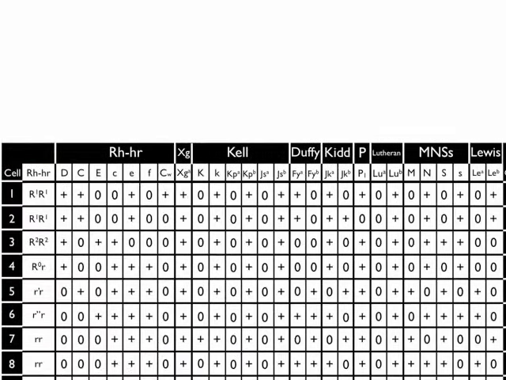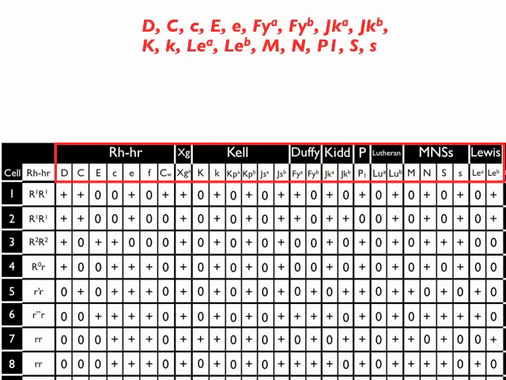Let's move up to the top of the panel now, though, and let's take a look at what we see. If you look across the top of the panel, you'll see a listing of different blood group antigens, and these are, for the most part, important red cell antigens because the antibodies against them can cause significant things. This is not universally true. In fact, some of the things that are required to be on a panel or on an antibody screen you see listed up there at the top,